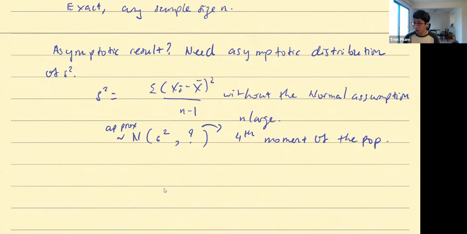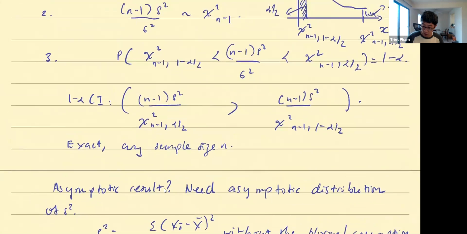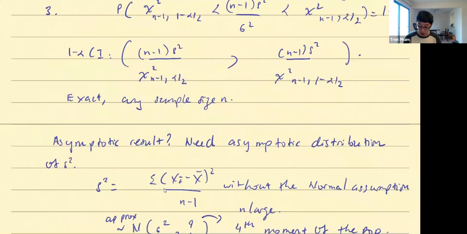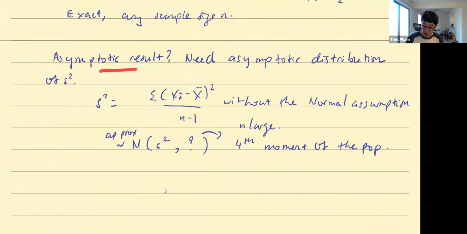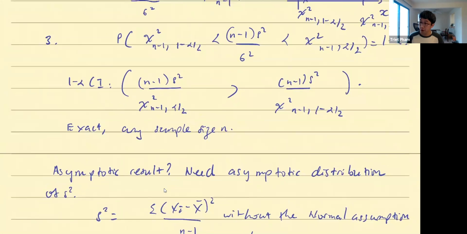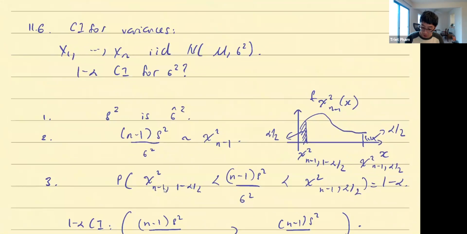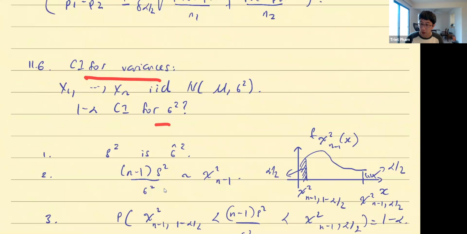So this is why the book, by the way, all these results I told you are in the book. It's not something advanced. This is in the book, I just add the explanation. But the book definitely does not discuss the asymptotic result for the sigma square estimator confidence interval. And the reason is exactly because of this technical difficulty. So unfortunately, or fortunately, depending on how you look at it, for the sigma square case,